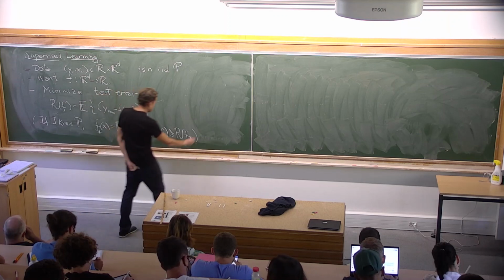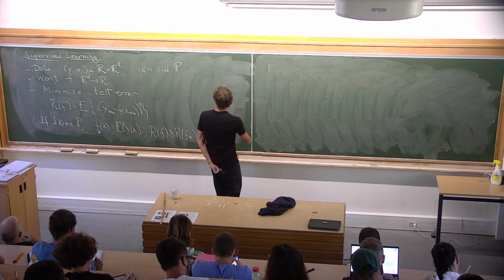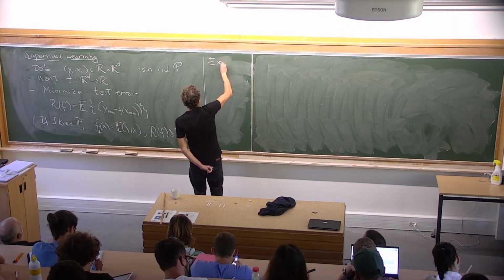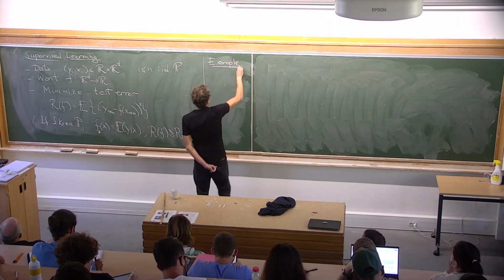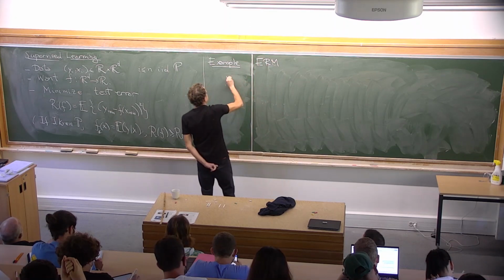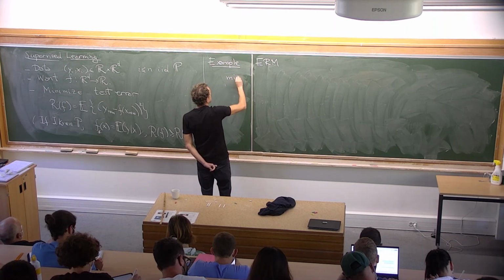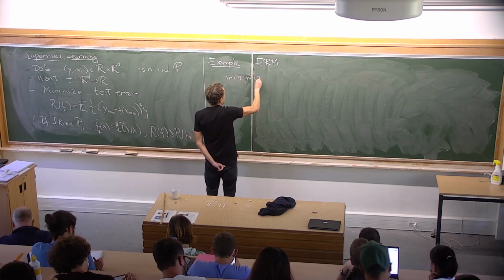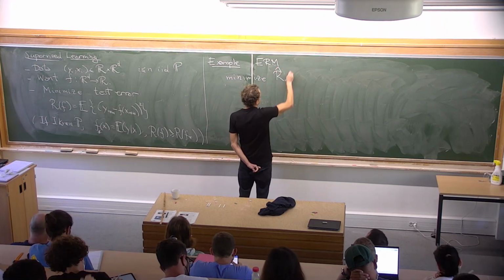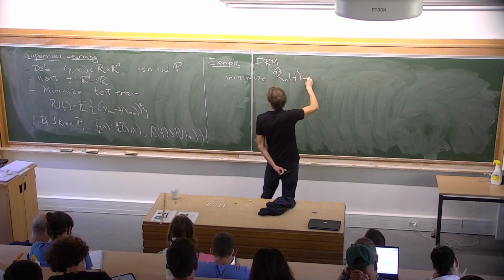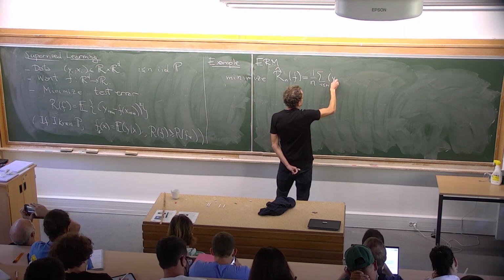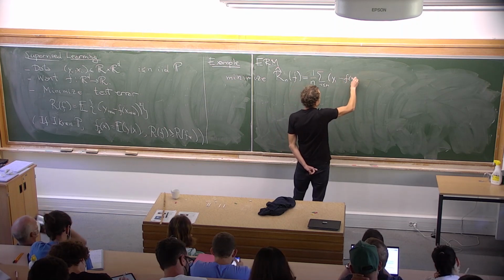So what is the standard example of how to do this? The thing that we have in mind is empirical risk minimization. Empirical risk minimization, of course, means that you minimize the empirical risk. So instead of minimizing the population error, you minimize R hat n, that is 1 over n sum over i less than n of (y_i minus f(x_i)) squared.